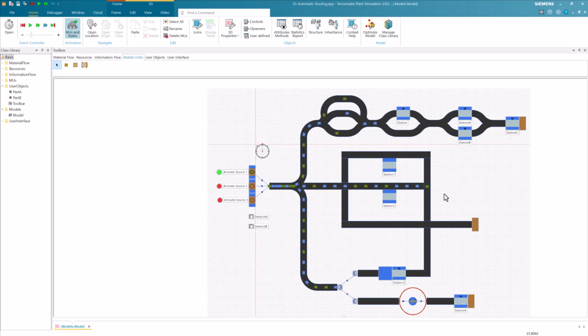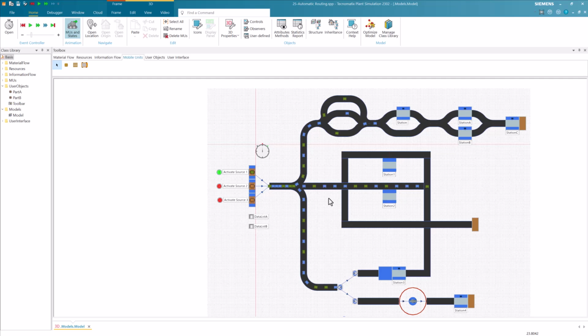When we pause the simulation and hover over the parts, we can see their destination in the tooltip. As you can see, it depends on the name of the part. Either station A or B is assigned. However, the parts on the middle and lower conveyor can't reach station A or B. So, even though we have set the destination to the stations in the upper part of the model, the parts will be distributed according to the exit strategy of the objects regardless of their destination.